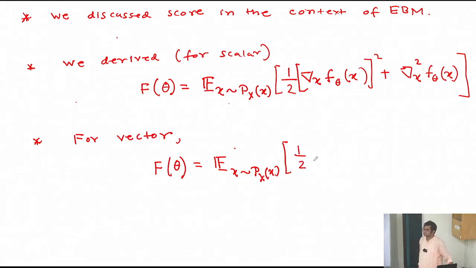Now that was gradient of f theta, right? What is gradient of f theta? It is the score. Gradient of log of PDF is score. F theta is the log of PDF, so gradient of that is the score, right? So I'm not going to write score now, but I want you to remember that this is the score. So this is norm of